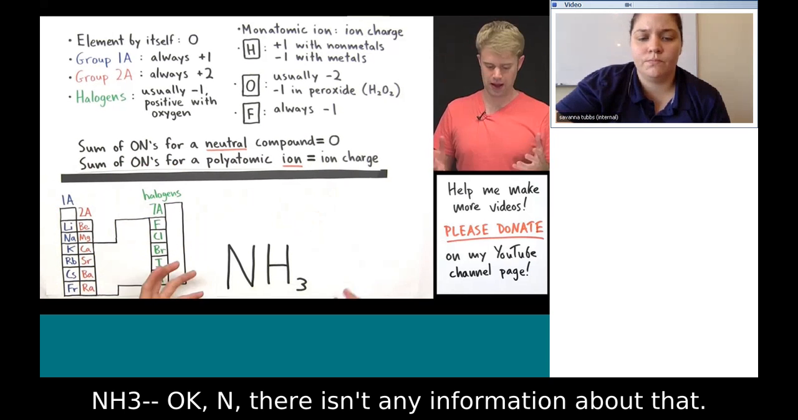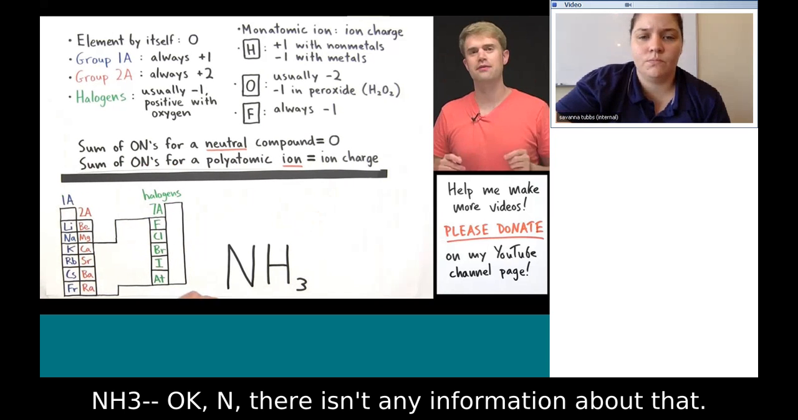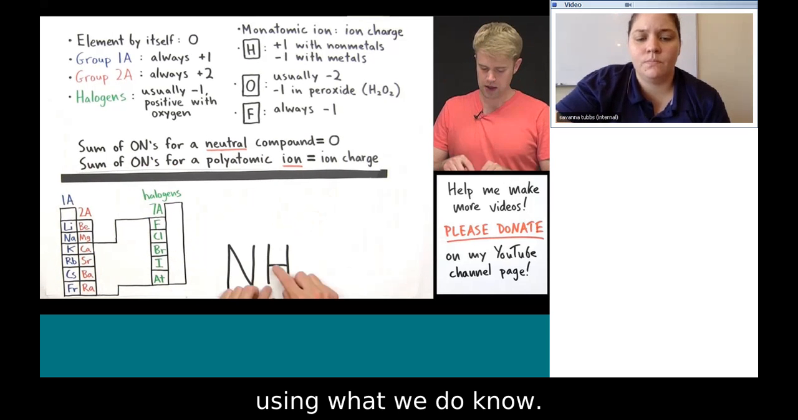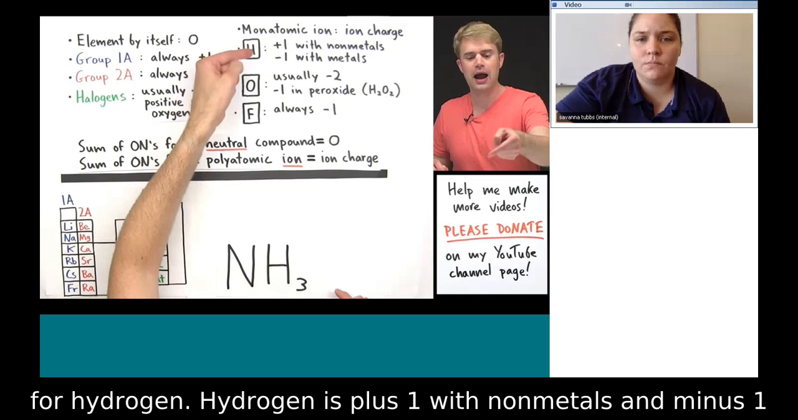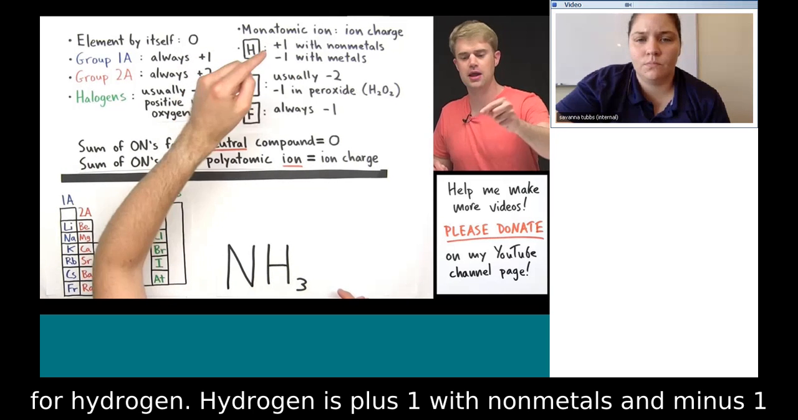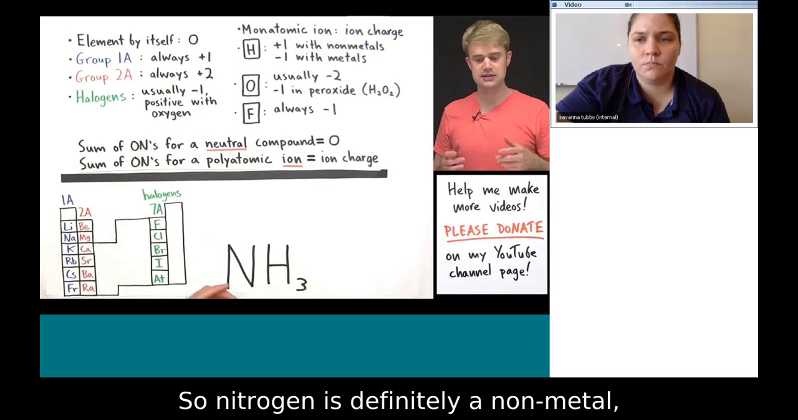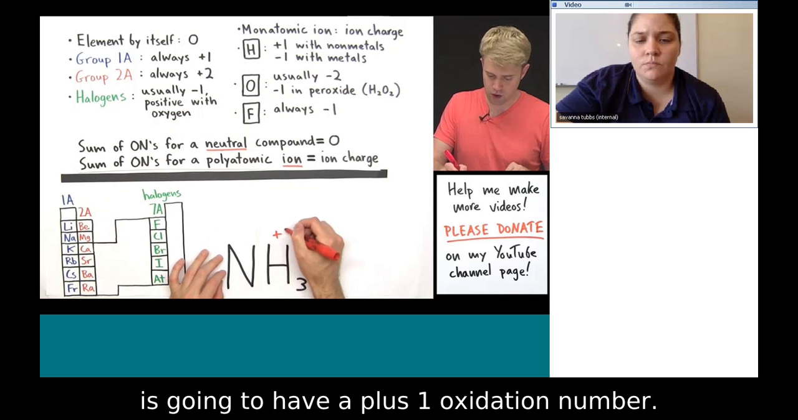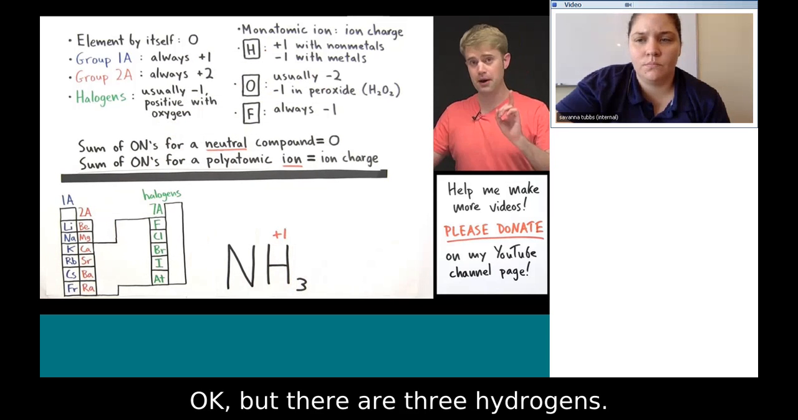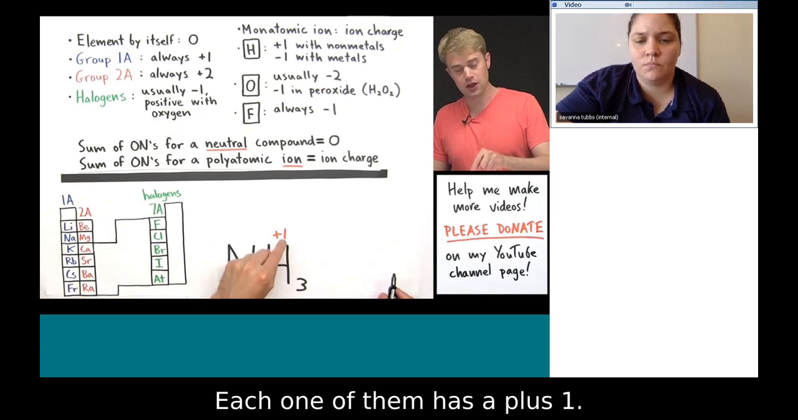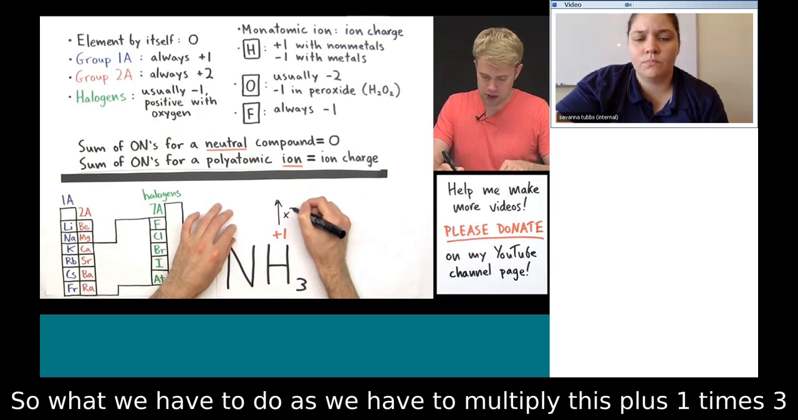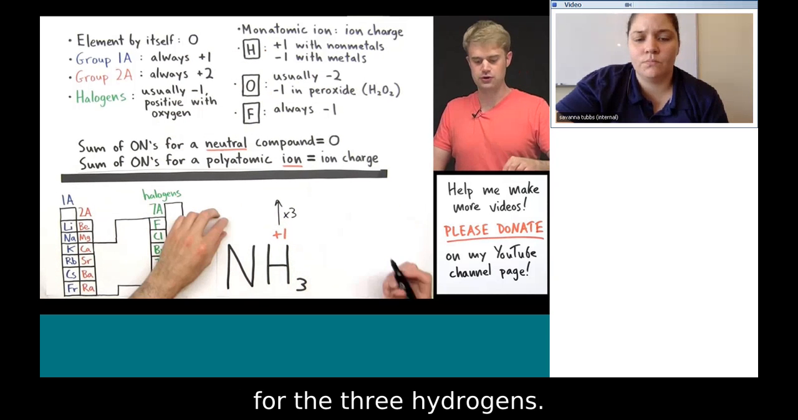NH3. Okay, N, there isn't any information about that. So just like in the last example, we'll have to figure out its oxidation number using what we do know. Here we've got hydrogen. There's a rule for hydrogen. Hydrogen is +1 with nonmetals and -1 with metals. So nitrogen is definitely a nonmetal, which means that in this case, hydrogen is going to have a +1 oxidation number. Okay, but there are 3 hydrogens. Each one of them has a +1. So what we have to do is multiply this +1 times 3 for the 3 hydrogens, and that's going to give us